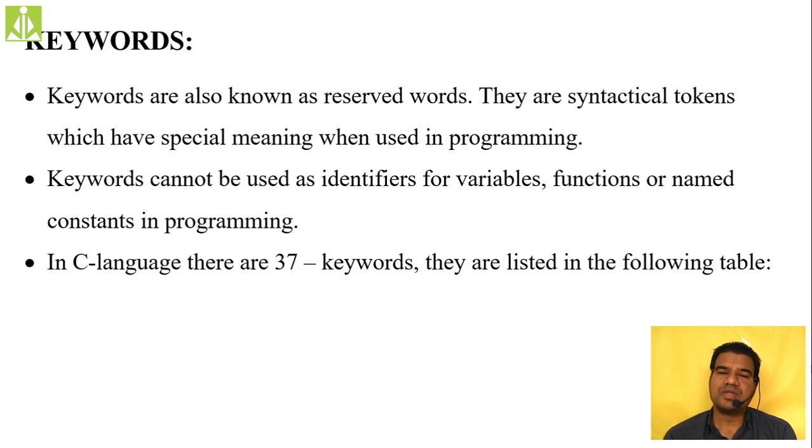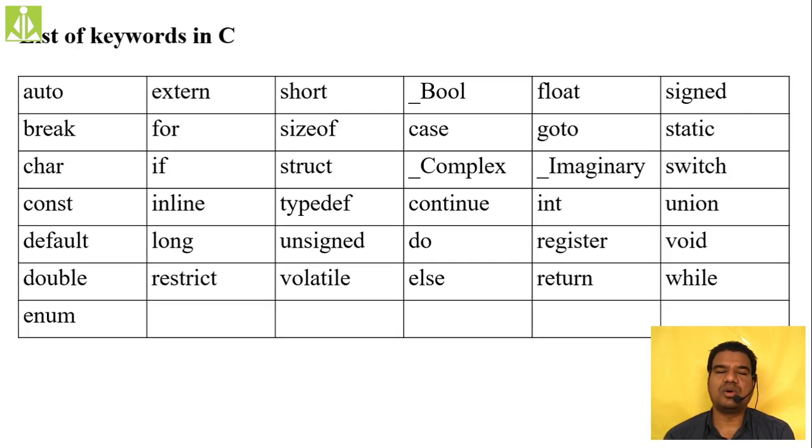Okay, so how many keywords do we have in C language? We said 37 keywords they have listed. So throughout the semester in this C programming language, we have to know the meaning and we have to know the functionality of these keywords only. So once you are good at all these keywords, that means 70 to 80% of the job you have already done.